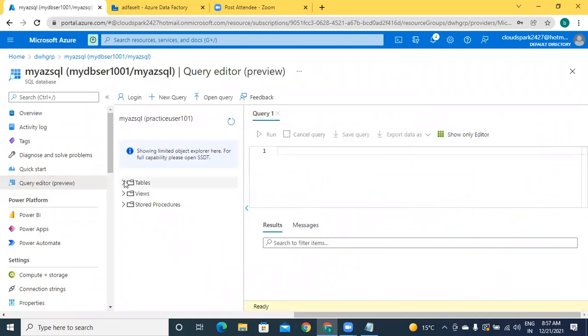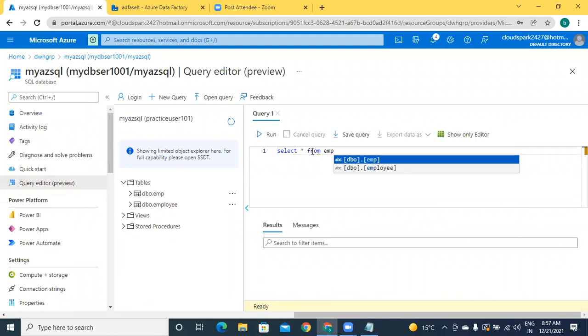Previously, what was your table? dbo.employee. When you created the table, you did not upload any data previously. Now data should be there. Check it. Select star from your table name, dbo.employee.